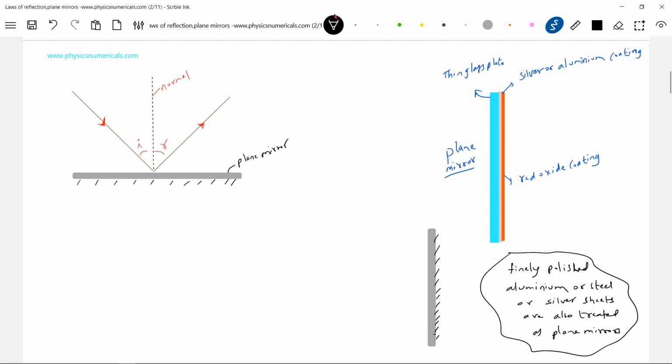This is the silver, also a surface available for reflection. Here I'll produce a normal and let this be the incident ray,